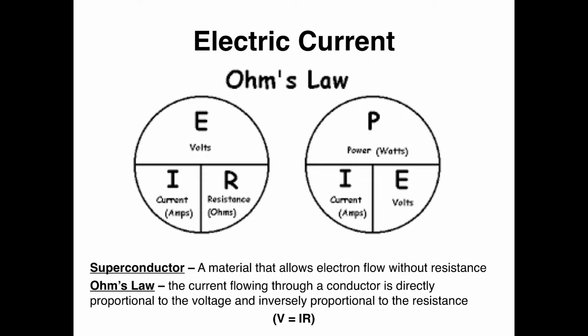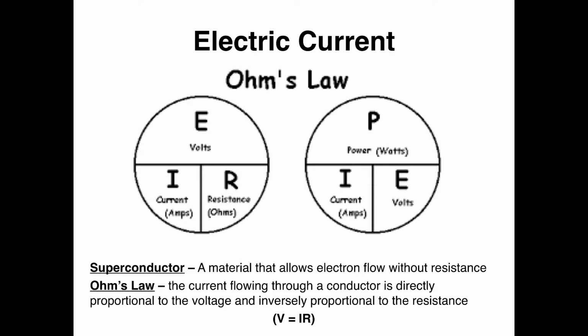The voltage is equal to the amperage, or the current, times the resistance. And so here on the left, you have this formula. If you know the voltage and you know the amperage, then E divided by I equals R. I times R is equal to E, and then E divided by R is equal to I. So this is one way, and we use this kind of triangle, if you remember, with density, where volts is